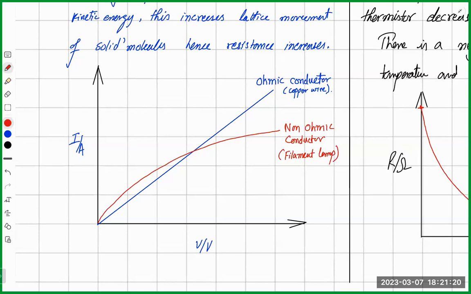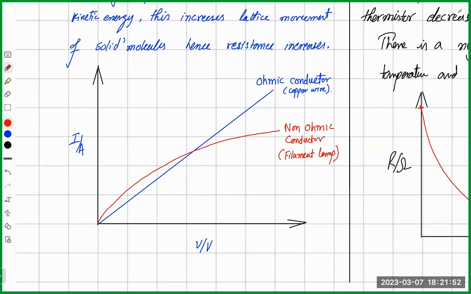On the other side, a non-ohmic conductor is a conductor that does not obey Ohm's law. For example, a filament lamp. The reason is that there is a condition where Ohm's law is not applied. Ohm's law only applies if temperature is the same, if temperature is not increasing. But for a filament lamp,